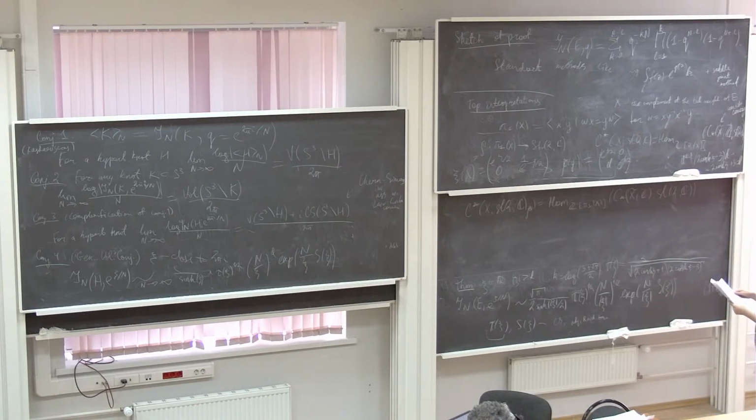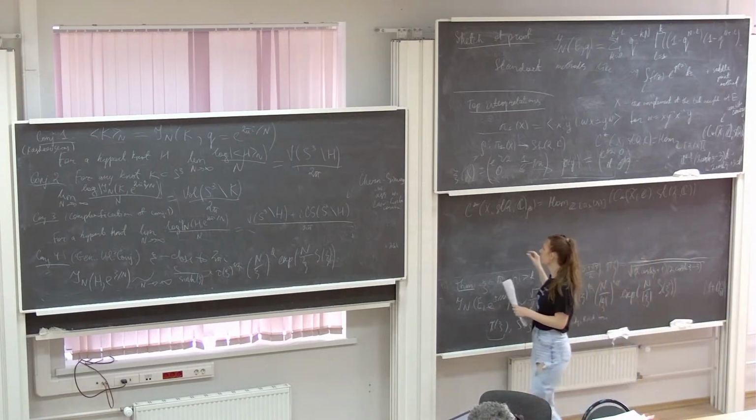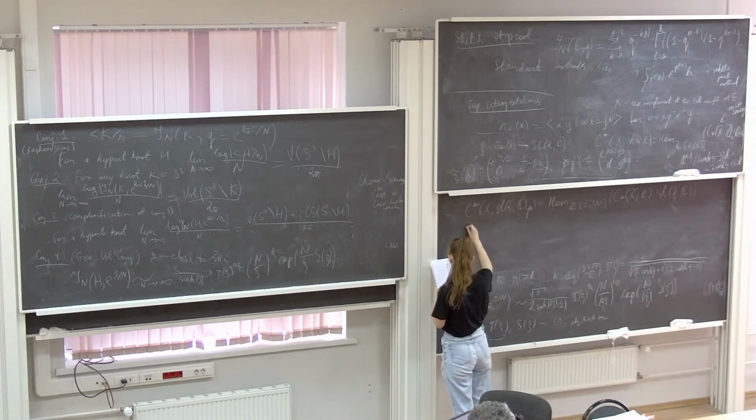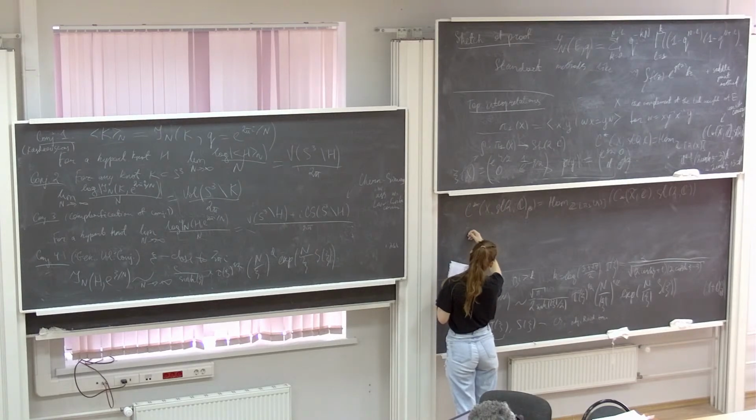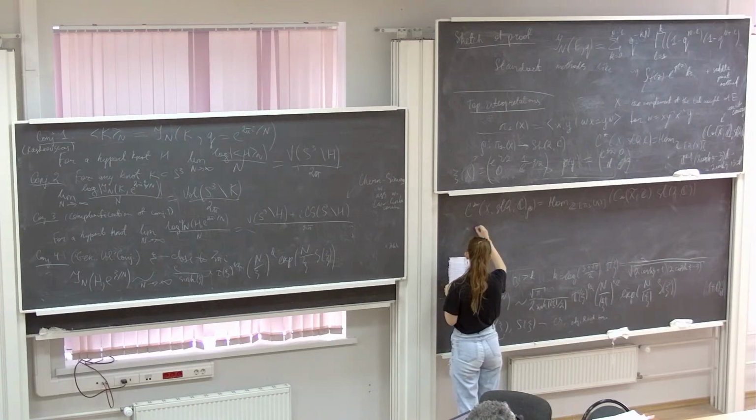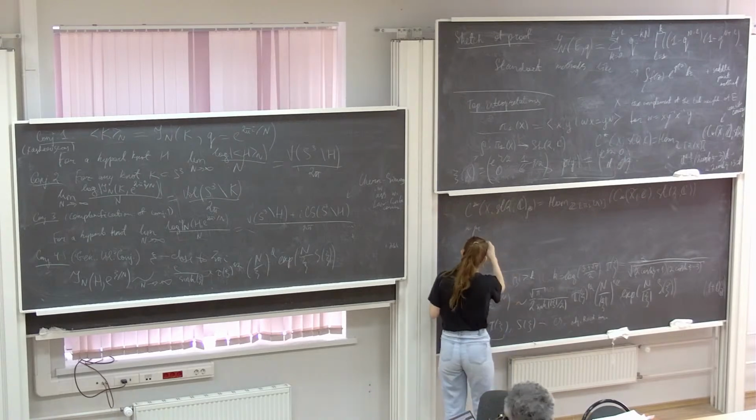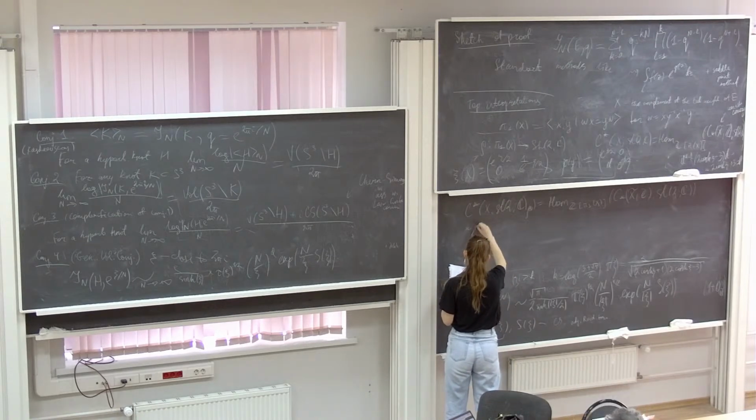Yes, and also for our node, we could choose the longitude and the meridian as generators. And the Reidemeister torsion can be defined as the torsion associated with the meridian, but also actually